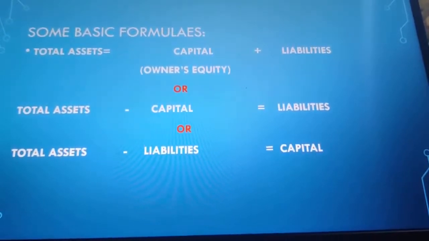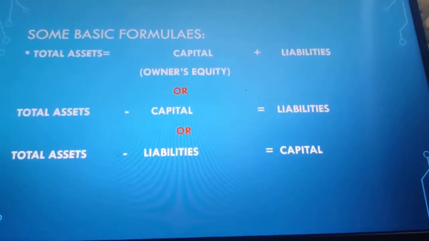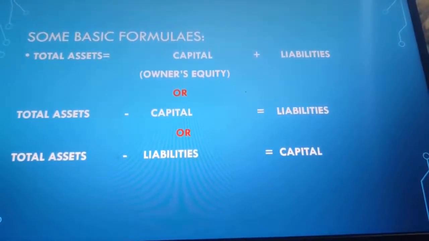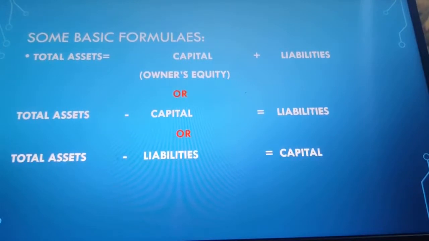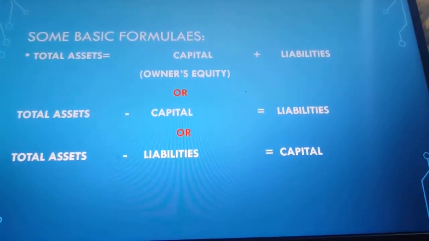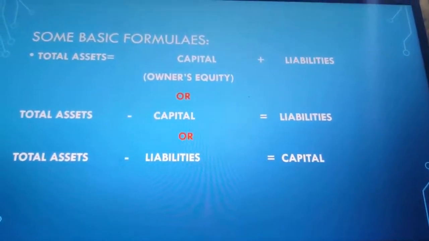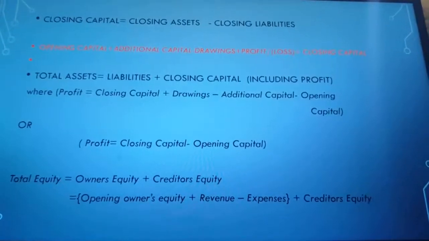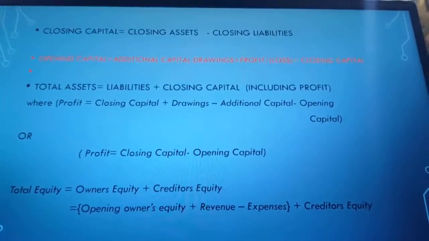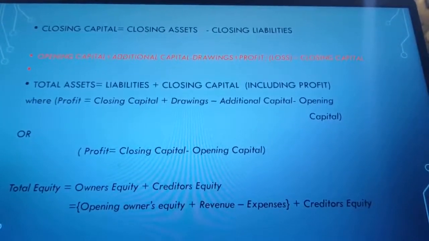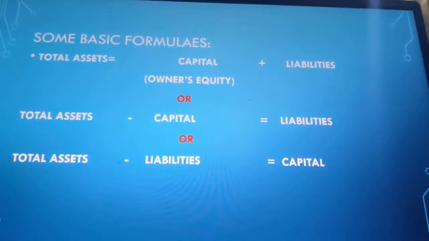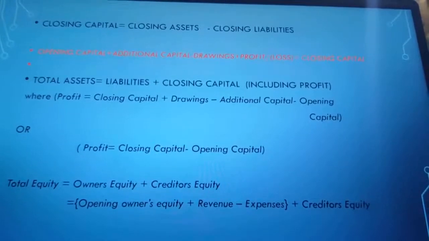Or in a similar way, if we deduct liabilities from total assets, it will give us our capital. So basically, if any question comes up where you have to calculate your liabilities, in short, you are going to deduct capital from total assets, or to calculate capital, you have to deduct your liabilities from total assets. Alright. Now on these bases only, we have few basic formulas. Students, we have closing capital is equal to closing assets minus closing liabilities. Ma'am, why are we taking this differently as total assets or closing capital, closing liabilities?